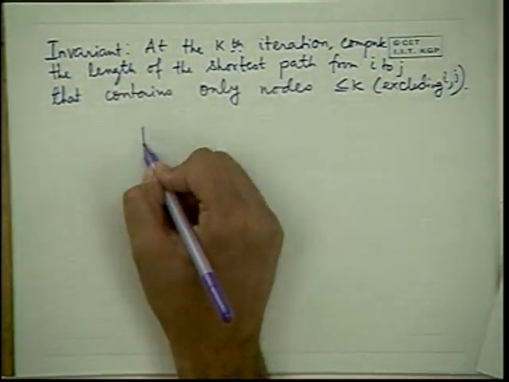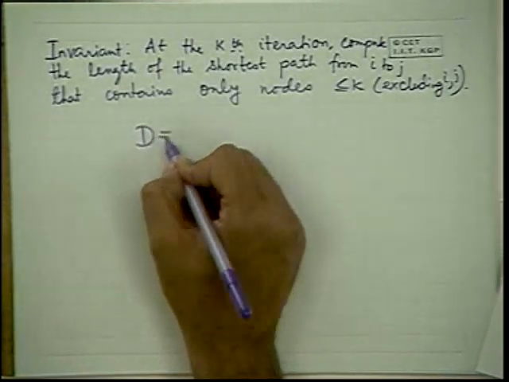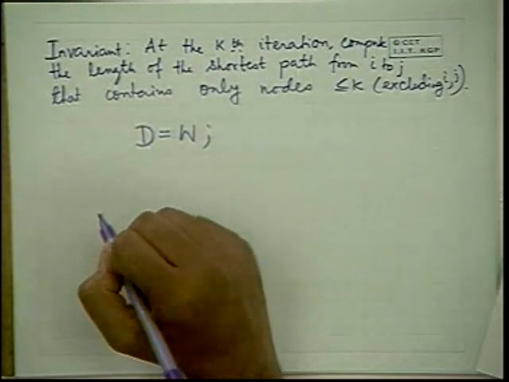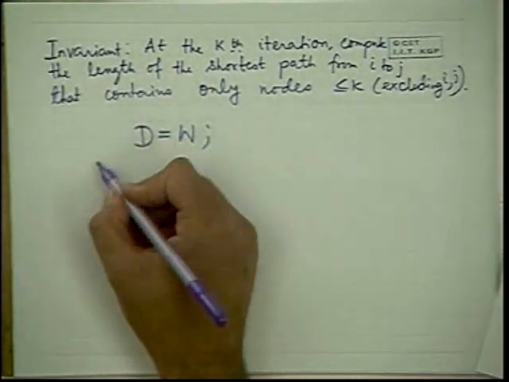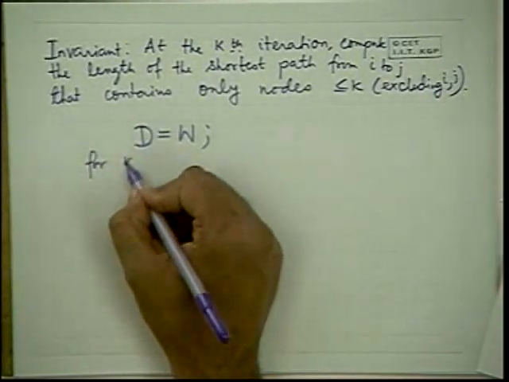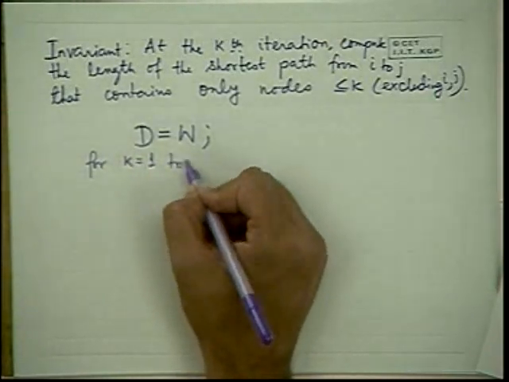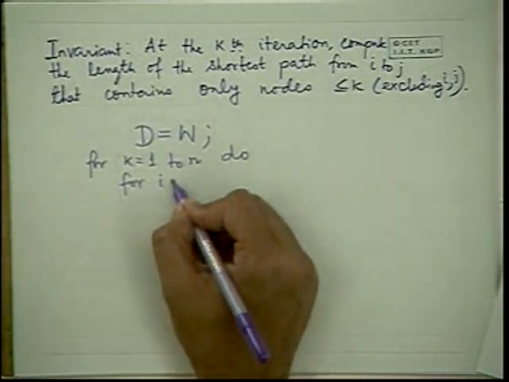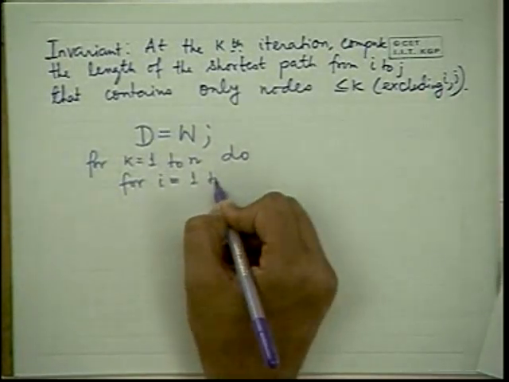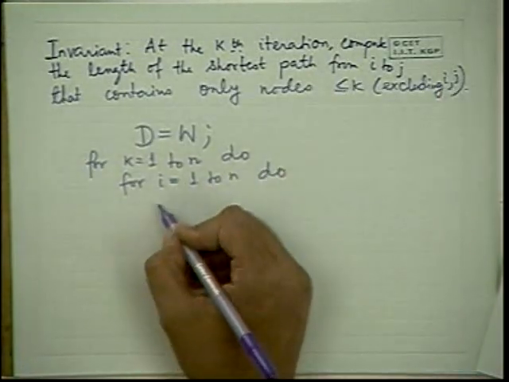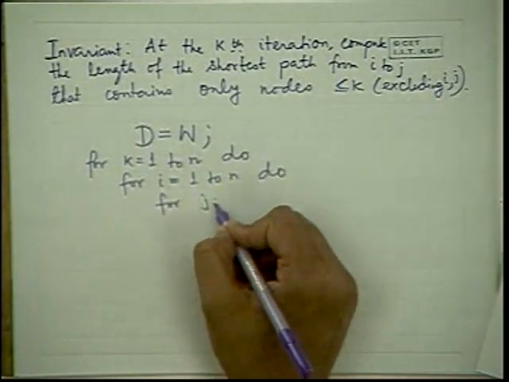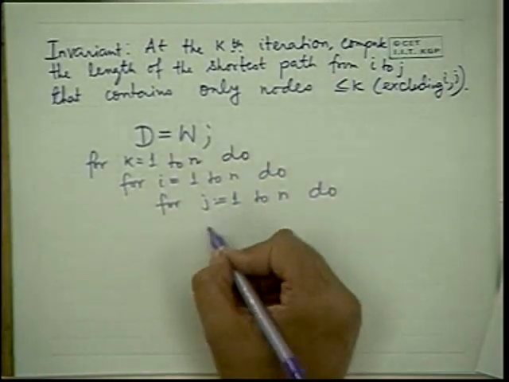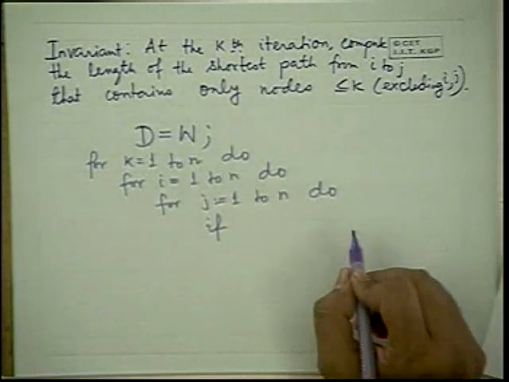So what is the algorithm? First, your new matrix D is set with the weight matrix W. W must have been given to you. This is a representation of the graph. So again we have for k is equal to 1 to n do, for i is equal to 1 to n do, for j is equal to 1 to n do. Here is the change, only change. If